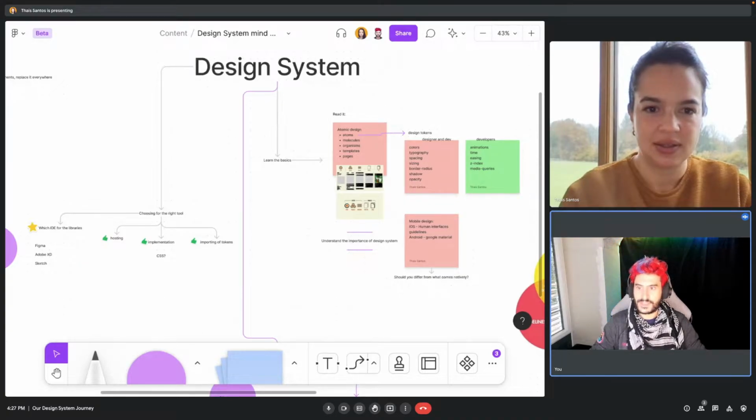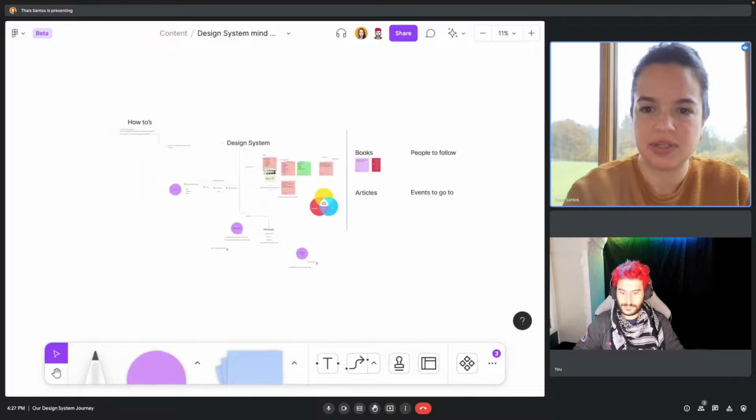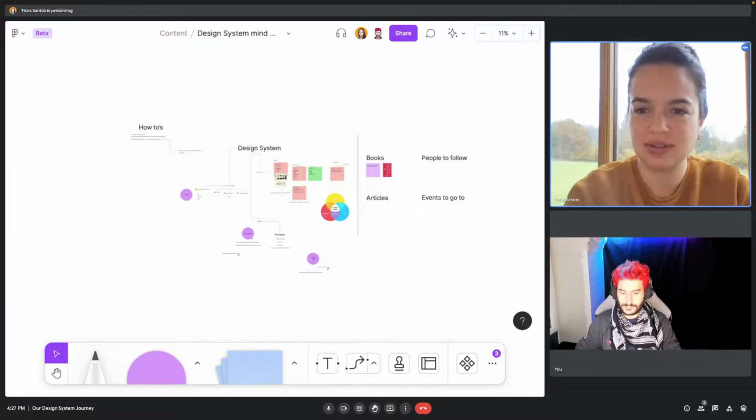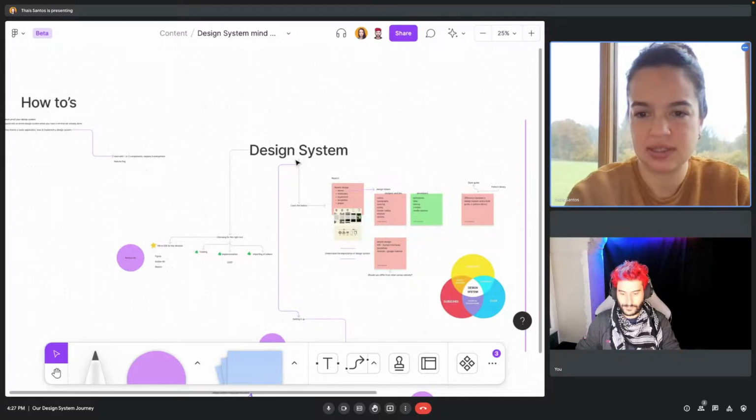Okay, cool. So our mind map of design system is actually getting somewhere. It's looking good. We started off with this FigJam file to outline our ideas around design system,